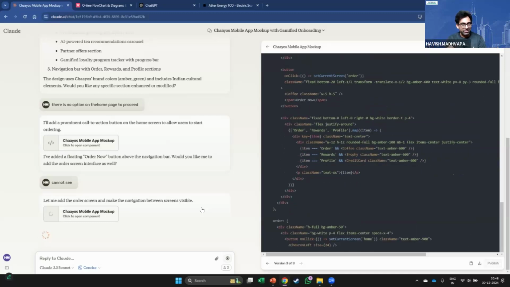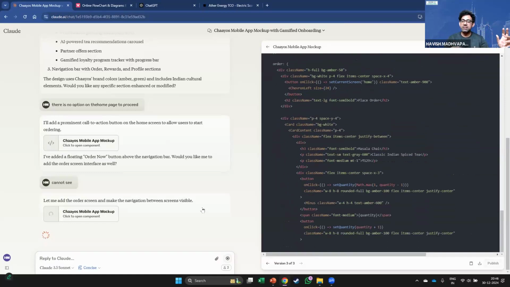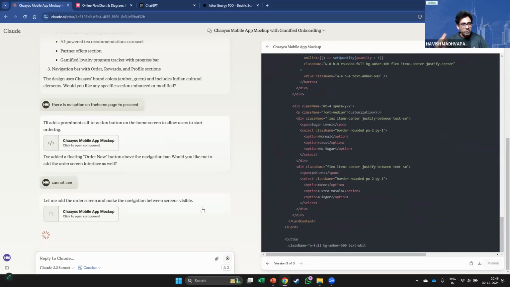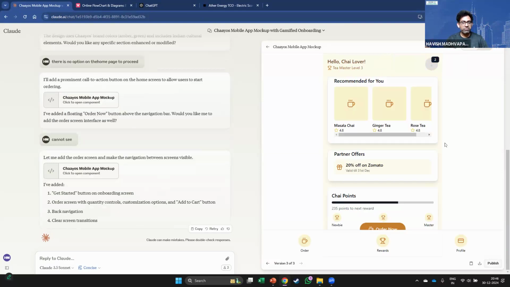But if you don't know how to edit it, how to modify it, how to tell it what you need, take a business requirement from your client and then convert it into a solution, you need a smart person to do that. Otherwise, just the tool by itself, I don't think is enough. You need a person to operate it as well. But again, as you can see, it's beautiful. For one single prompt, I think it has done a fantastic job.